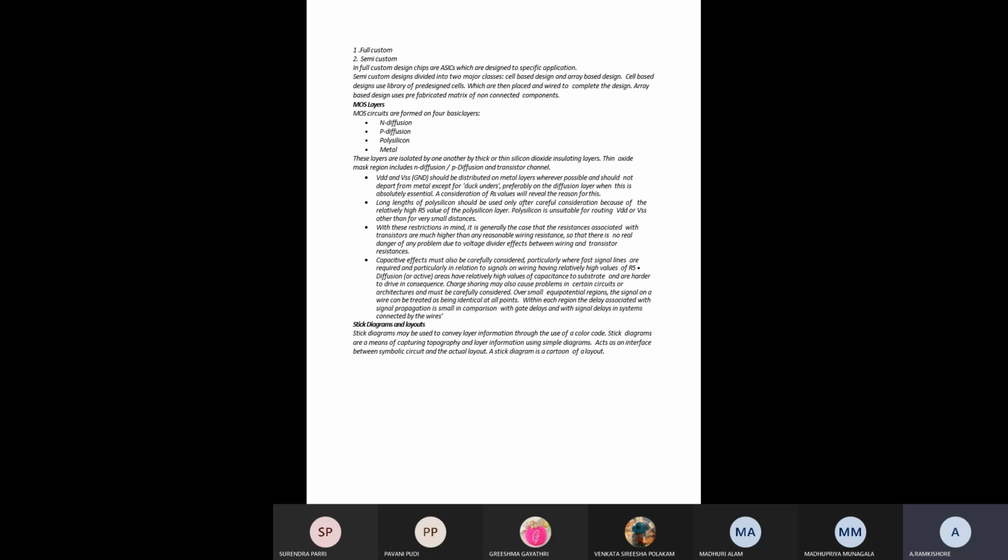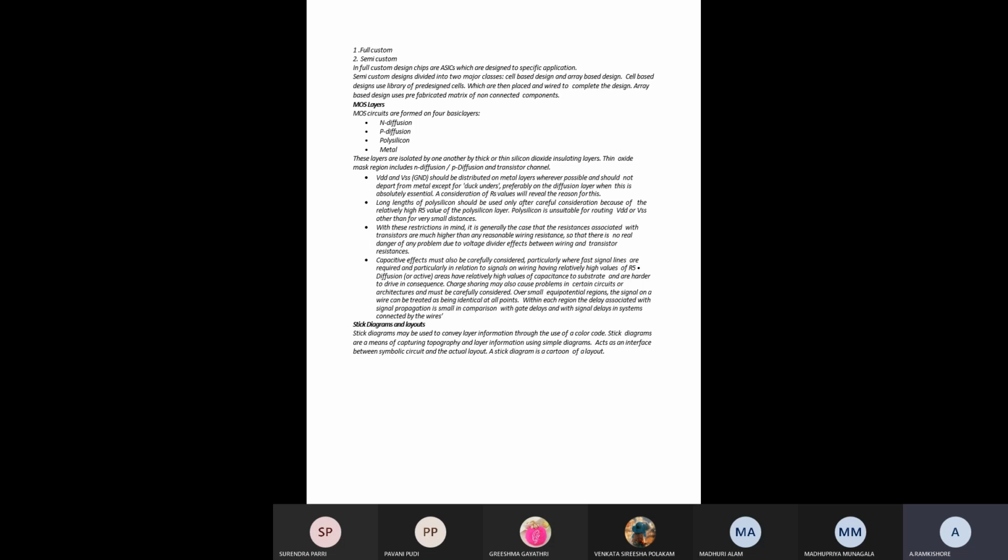Here we have to see the VDD and VSS terminals, which will be implemented with the help of the metal layers. Long lengths of polysilicon should be used only after careful consideration because of the relatively high resistance value of the polysilicon layer.